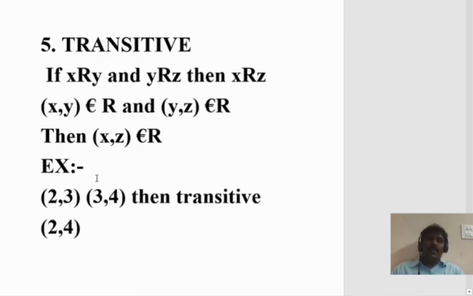So these are the 5 types of properties. Number 1 is reflexive property, number 2 is irreflexive property, number 3 is symmetric property, number 4 is antisymmetric property, and number 5 is transitive property. So these are the 5 properties of relations. They are very easy to understand, and easy to write from the point of view of writing examinations. We can consider any example and we can prove the properties also. So these are the properties of relations.